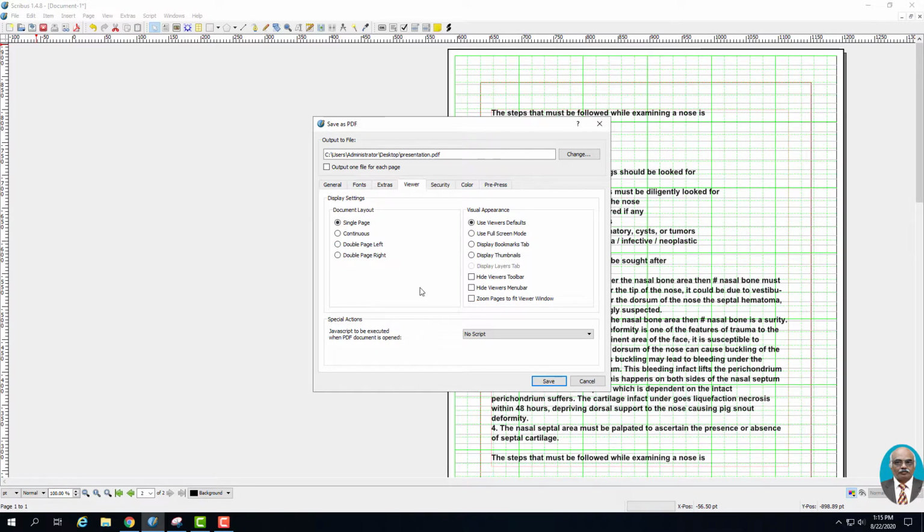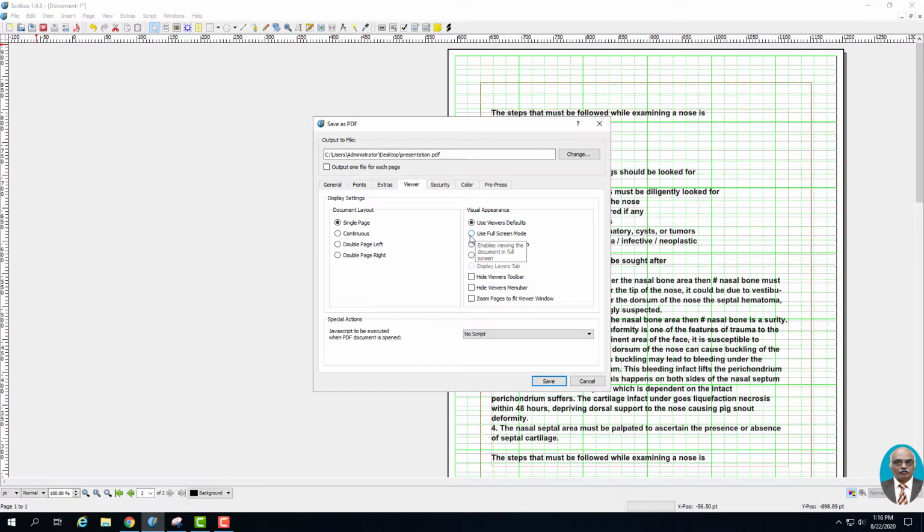These are all the various formats which are not commonly used in our PDF renderer. But if you are using this, you are welcome to try it out, but these are not commonly used. But for visual appearance, you always use viewer defaults, because viewers will be comfortable with one type of setting alone. If you use the viewer defaults, your PDF file will be opened as per the default setting of the viewer.